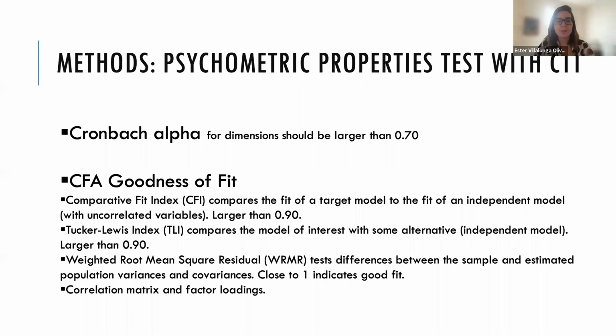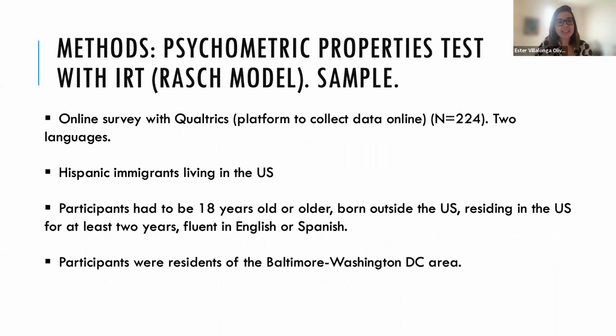So this is some information about the expected parameters I wanted to see to approve the questionnaire and not delete anything. And what I did was, after some time, I used Qualtrics again to collect some more data. But in this case, the data was collected in the area where I live, in the Baltimore, Washington, DC area, because we were recruiting people